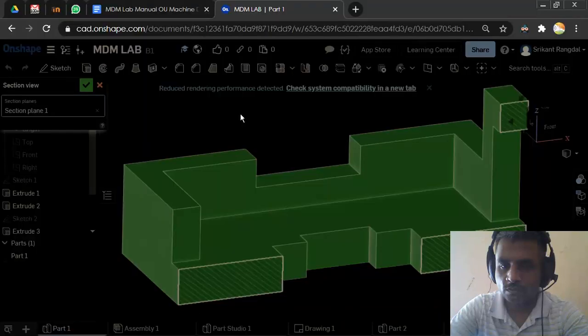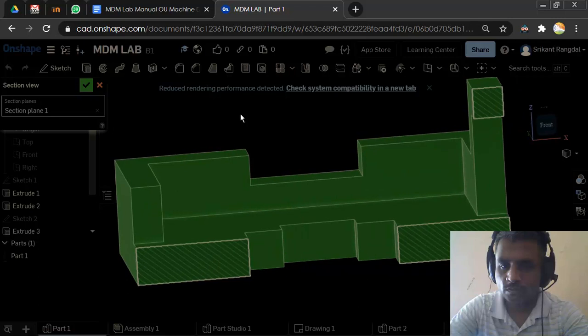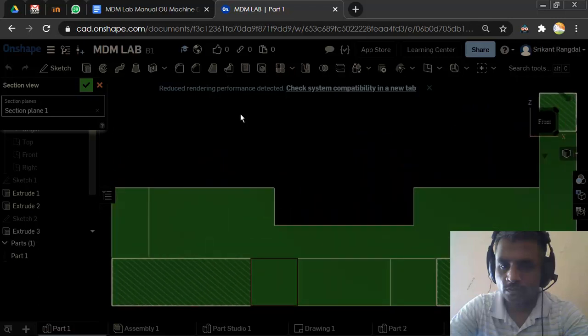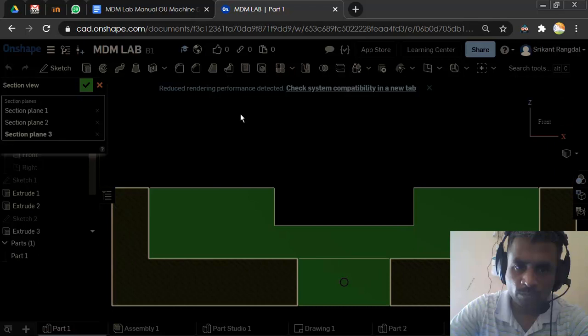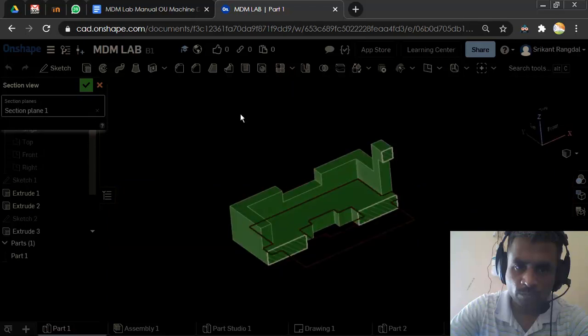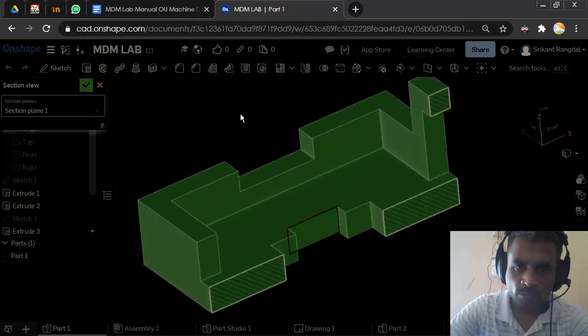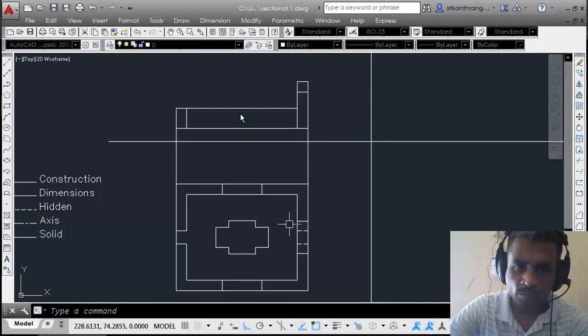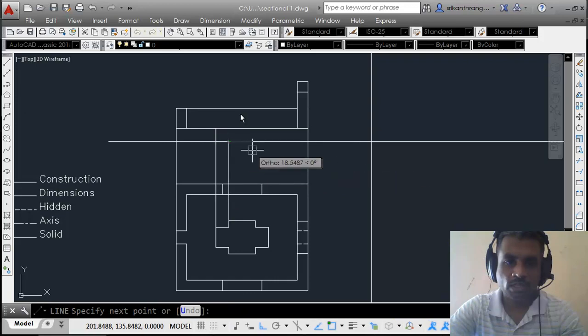For that, I'll just take reference lines from these points up to XY and one more line here. Then another reference point from here. Okay, and then I'll take the top. Same I'll have to continue for these reference lines and solid lines. I'm just clicking 2 times here so that I get 2 different lines over here. These lines are going to be visible, which I have to make solid lines. I'll draw one more line from this to this. Then I'll convert all these into solid lines. All these lines are going to be visible.